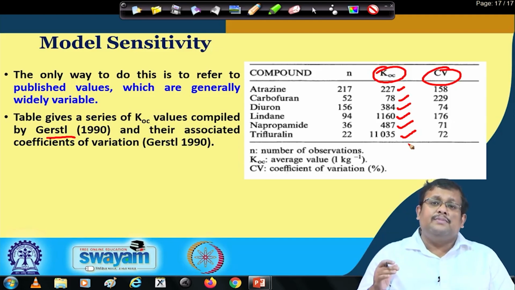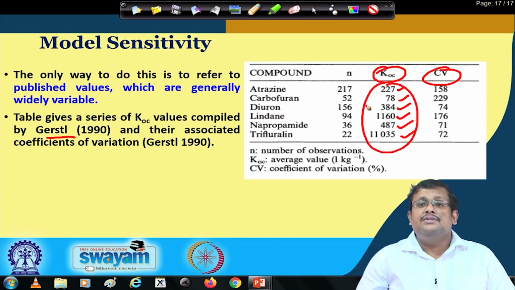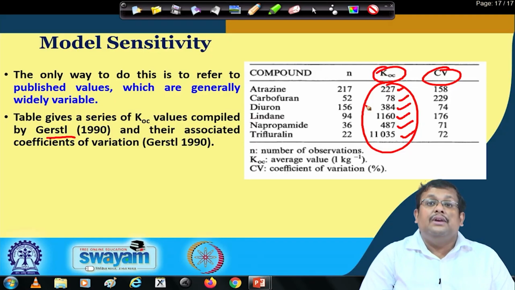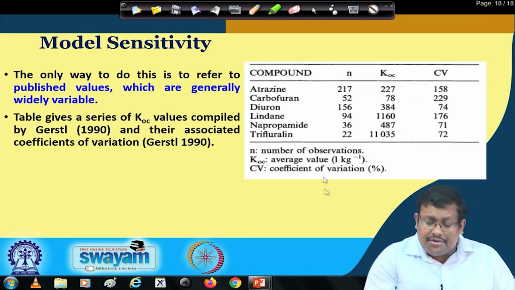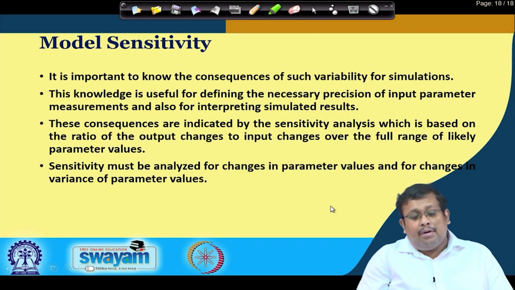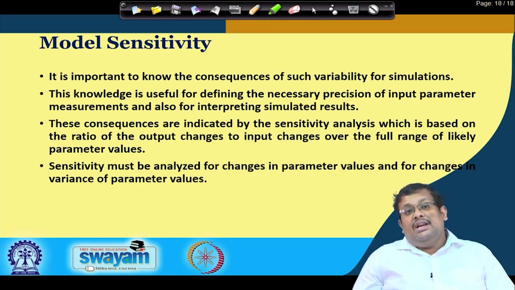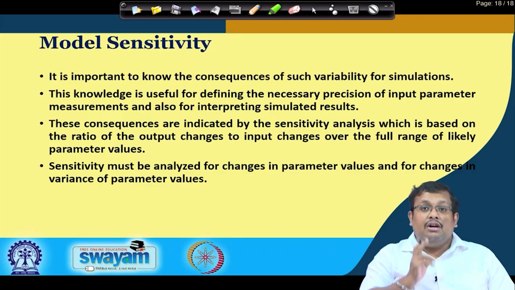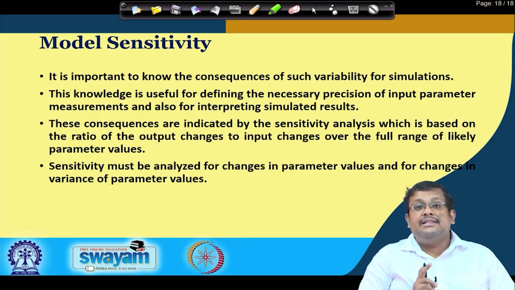Instead of measuring those parameters by yourself, you can just input those values into the model to see the sensitivity of the model. So, the only way is to refer to the published values, which are already published and well accepted values. So, it is important to know the consequences of such variability of simulations. Now, this knowledge is useful for defining the necessary precision of input parameters measurement and also for interpreting the simulated